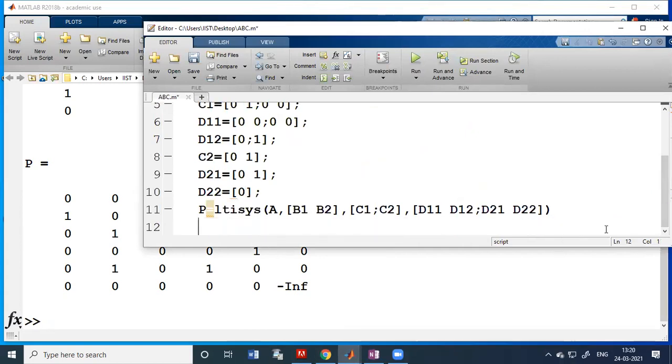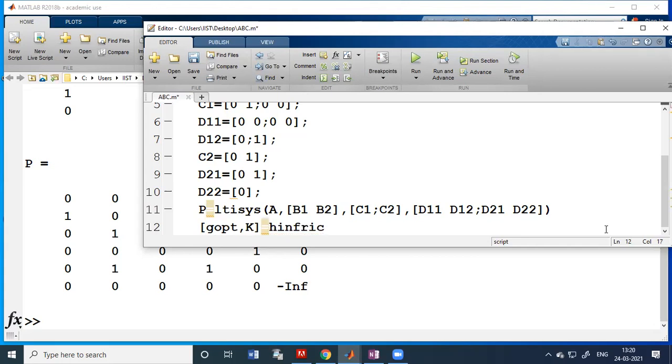Next step I will write gopt. What is gopt? If you remember, we had spoken of some gamma, that norm thing. That is what gopt is. gopt, comma K. K is the controller. Equals hinfric. That means finding the H-infinity controller through the Riccati method.